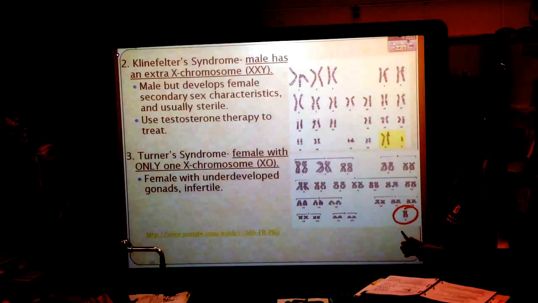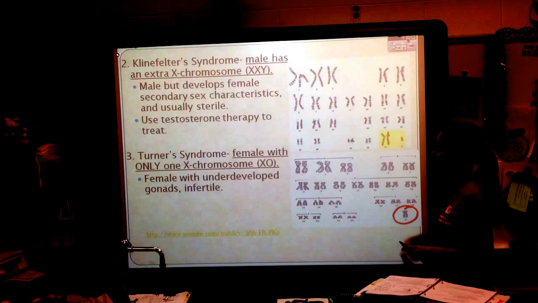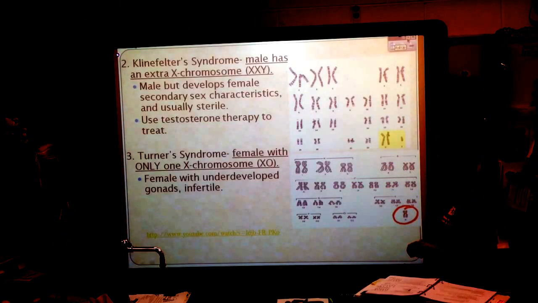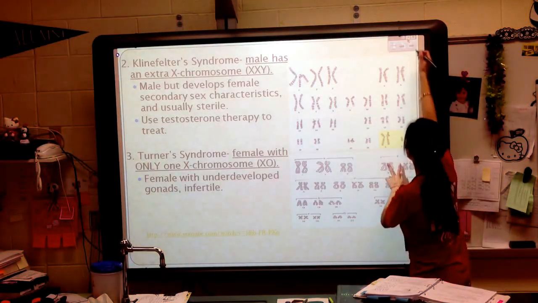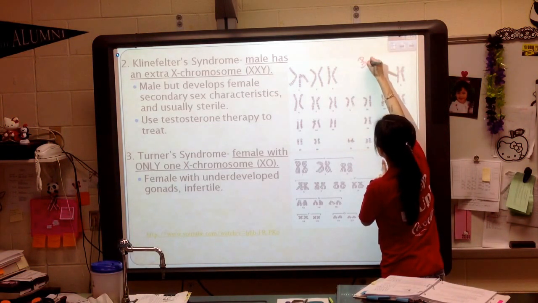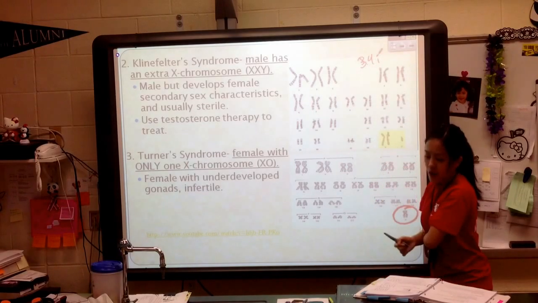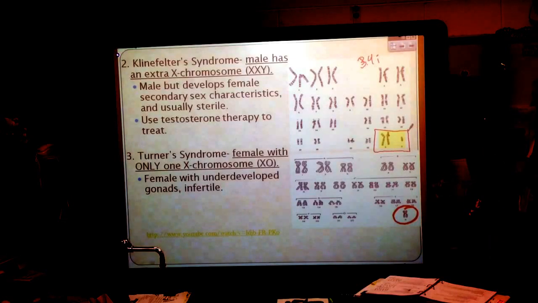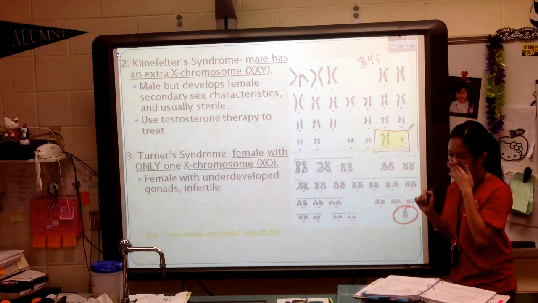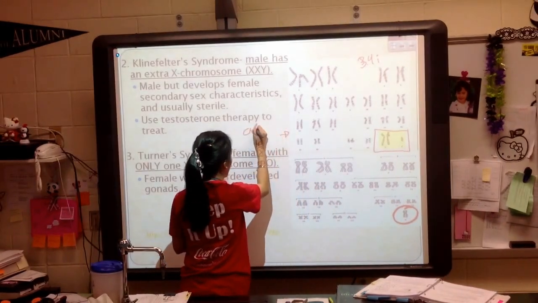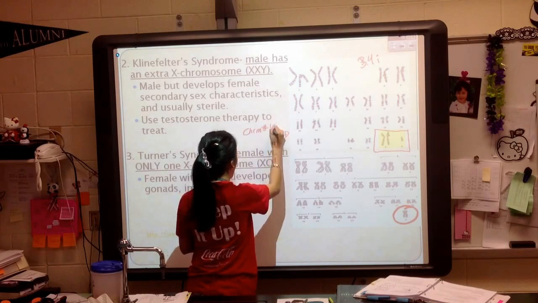Here's where we have our 2 other chromosomal disorders. We have Klinefelter's and Turner syndrome. In Klinefelter's, the male has an extra X chromosome, so this is your figure 3.4i. And on 3.4i, you want to put a box around those 2 X chromosomes and your Y chromosome. The other thing I want you to do is label next to the picture that chromosome number,